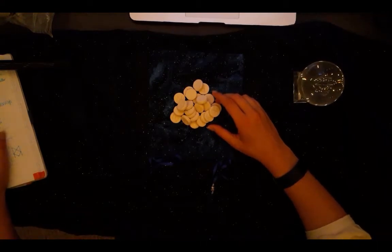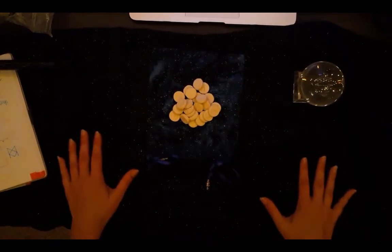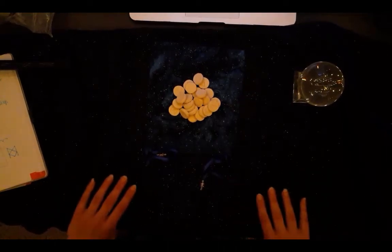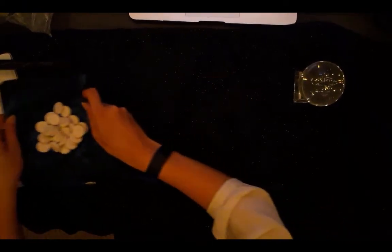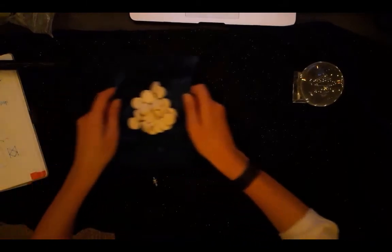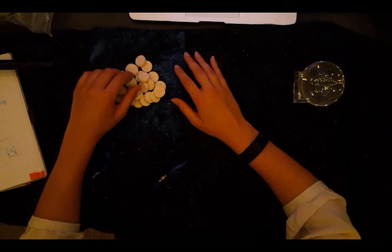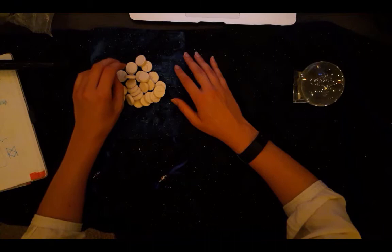So first, it's ceremonially appropriate to have a cloth on which you are casting. Generally, it's a white cloth. I have this pretty black sparkly cloth. And one of the traditional casts is a 3 draw, and it is a draw for the Norns, which are past, present, and future. So the Norse goddesses of fate, which are Urda, Verandi, and Skuld, which are past, present,